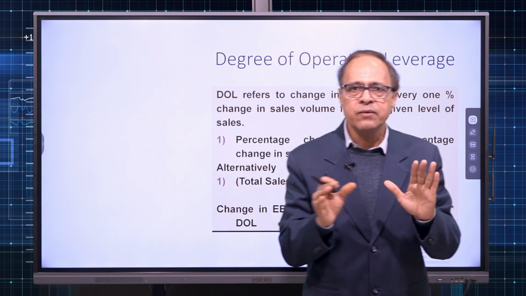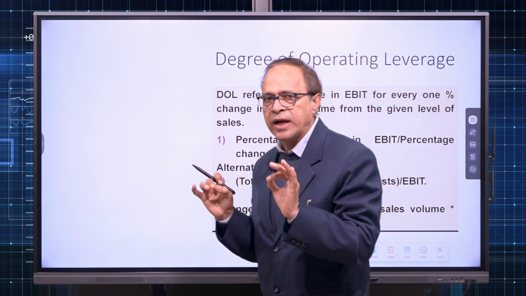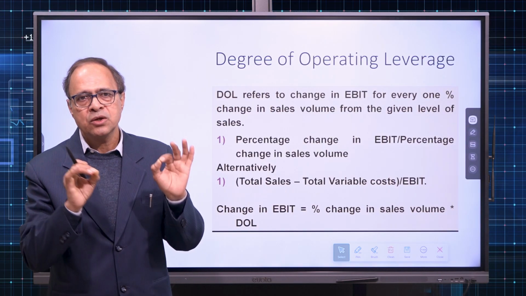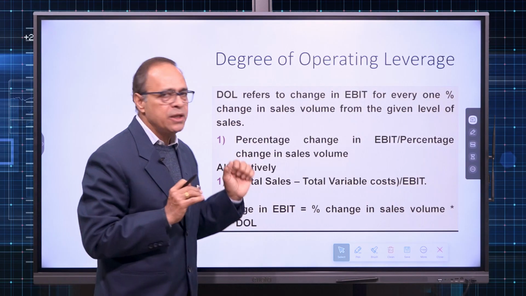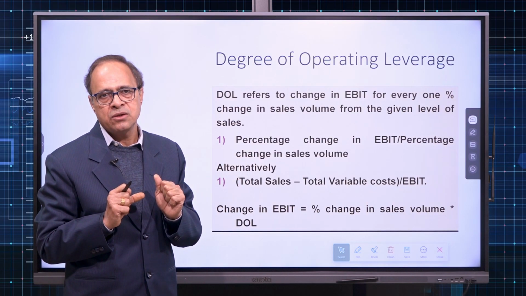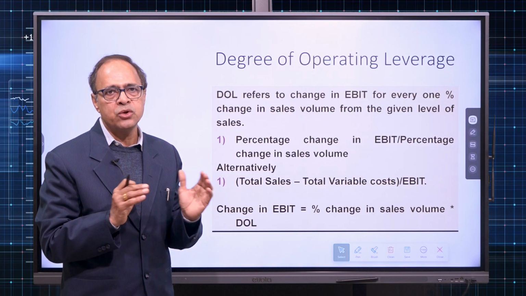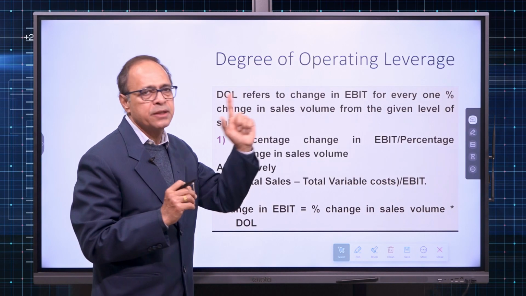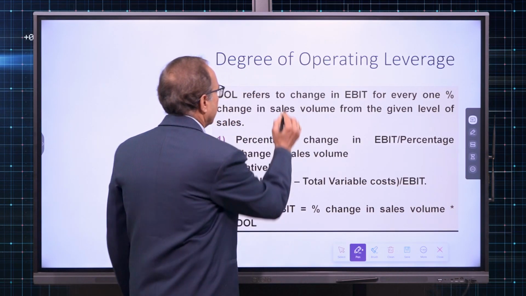Now, the point is simple. Top management never involves itself in the calculation work. Top management needs fine points, crispy notes, crispy tips for quick decision making. Now, in this case, this MD or CMD or board of directors or the top level managers of both the hotels, Hotel A and Hotel B, need to know their degree of operating leverage, which, in short, I'll call DOL, D-O-L,